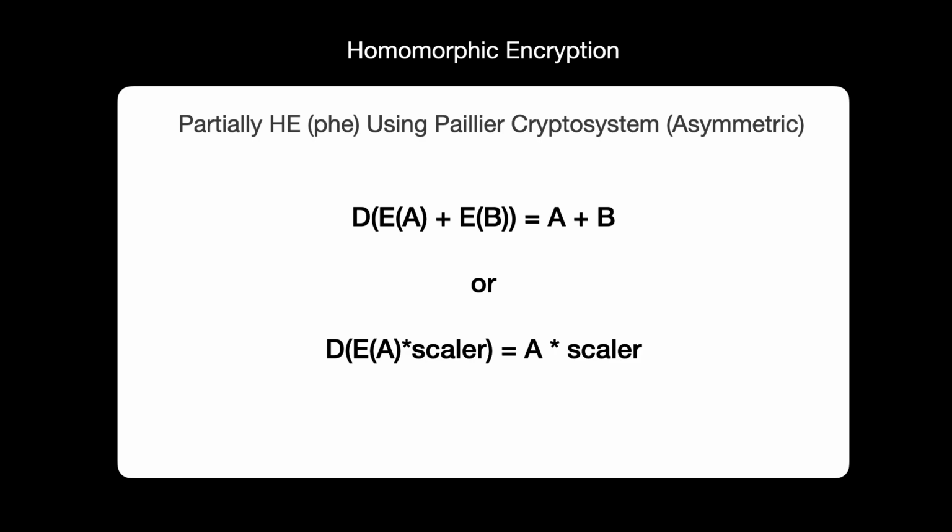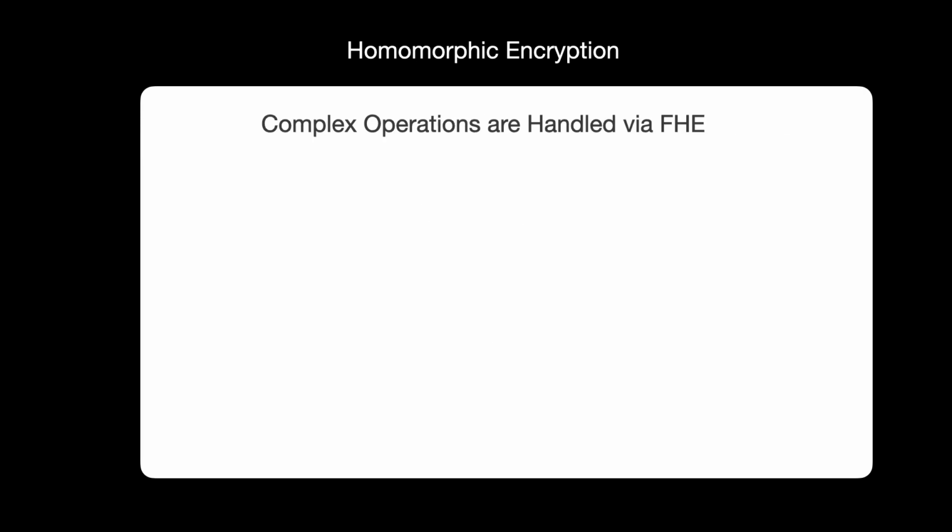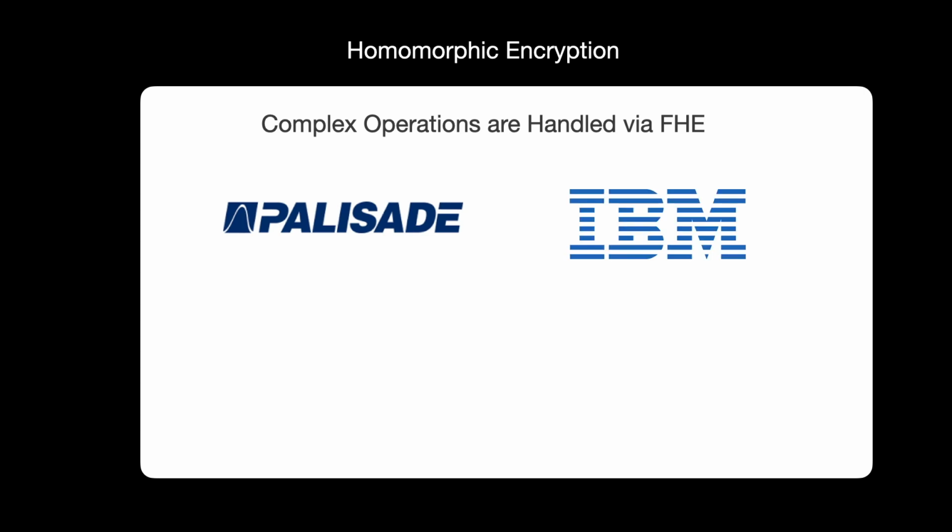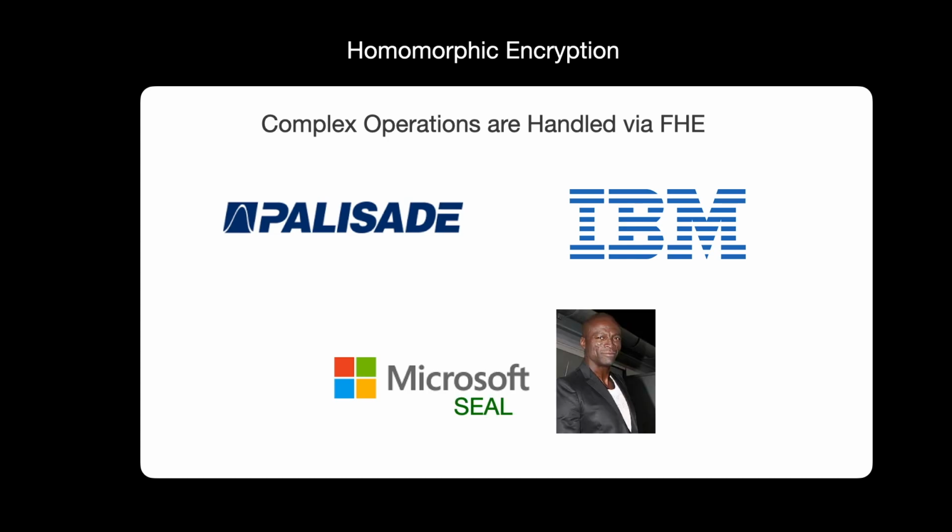So this really enables us to build what I would call basic machine learning models. Now, if you want to go into more complex models, you really have to go into fully homomorphic encryption. That's maybe something for another video. It's a little bit more complicated than this, but there are some pioneers out there. For example, Paillier has some implementations out there that you can download. IBM has one. And one of the more popular ones is by Microsoft, which is called SEAL. There's a Python version called PySEAL, which you can go check out as well. There's a Docker image for it that you can open.